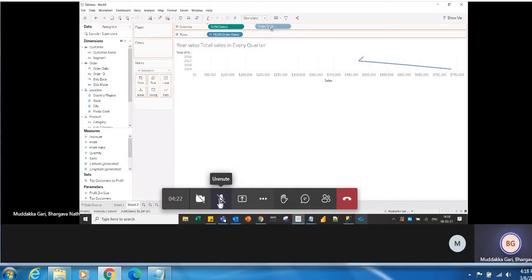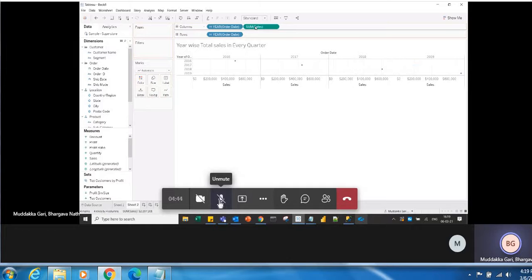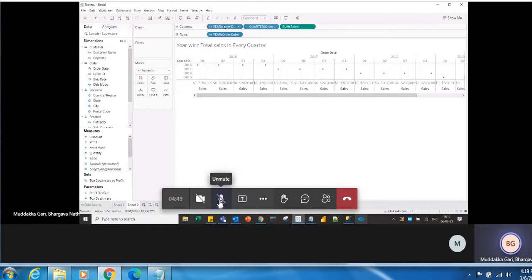measure. Okay, so what is nested table? Nested table is where the second dimension we drag next to the dimension to create a nested one, correct? But here using SMD, drag the second dimension next to the measure, not next to the dimension. Okay, so this is quarter, right? So take the quarter and remove the year.